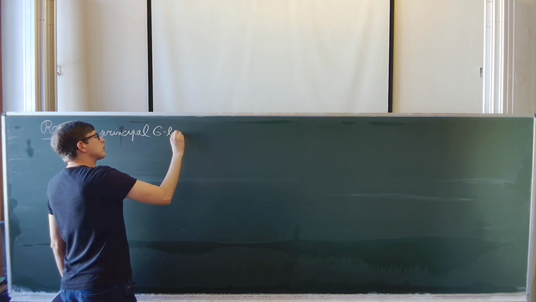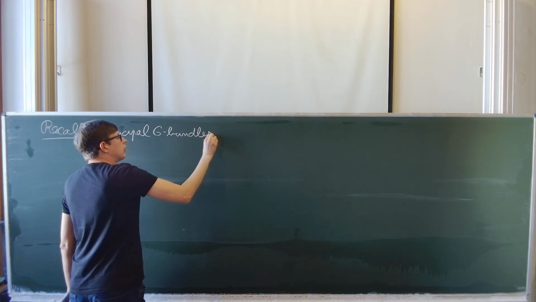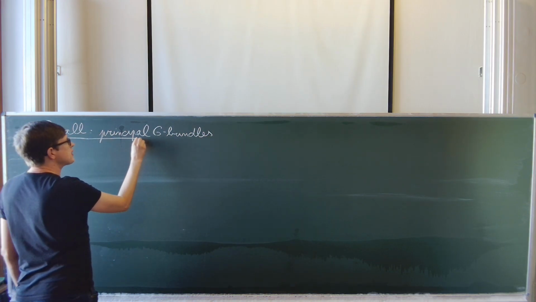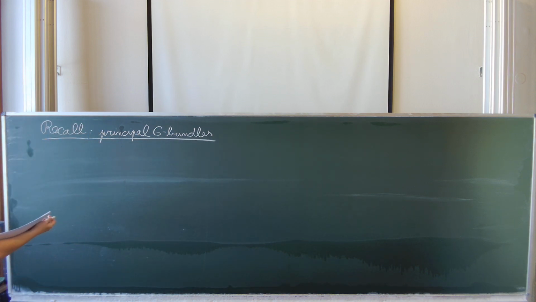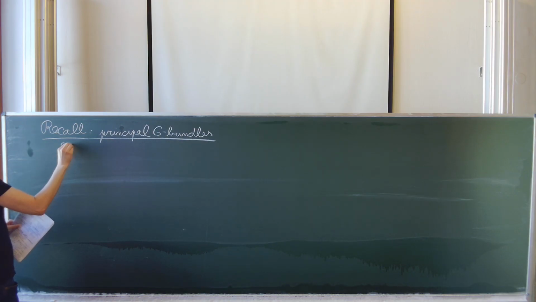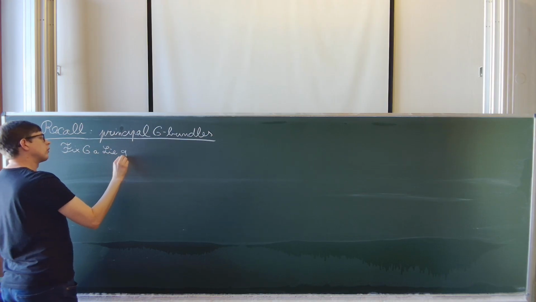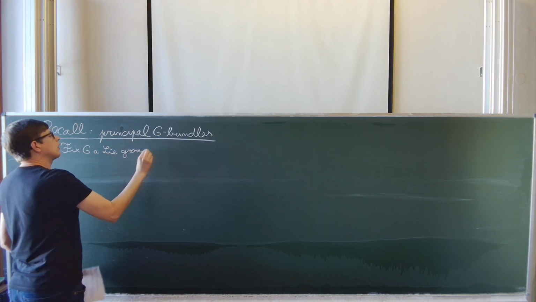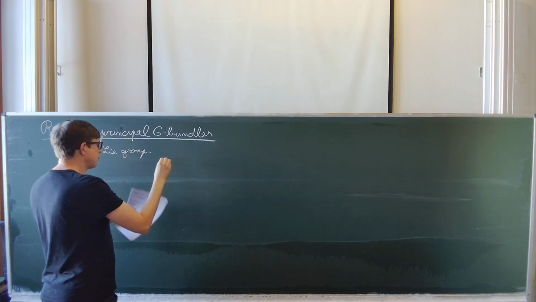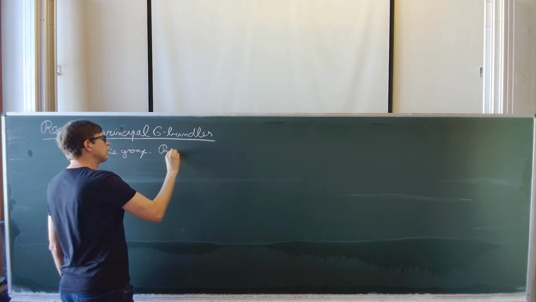Okay, so this will be similar to how we started the previous semester. I will be just a little bit faster than normally, but anyway, I just want to say a couple of sentences. So what is a principal G bundle? Probably all, or most of you know. So fix a G Lie group. And then the way you should think about principal bundles,